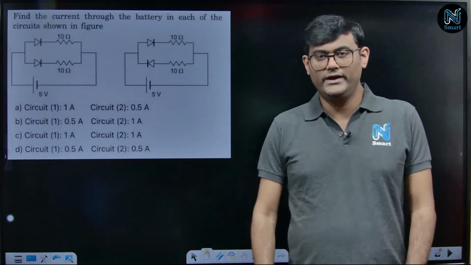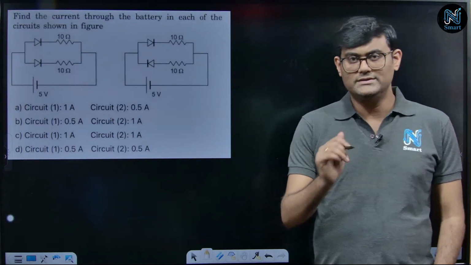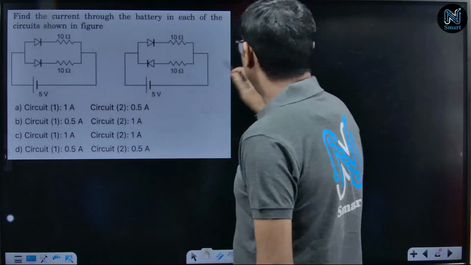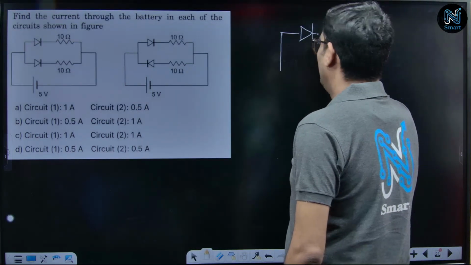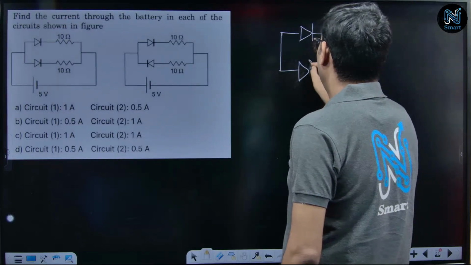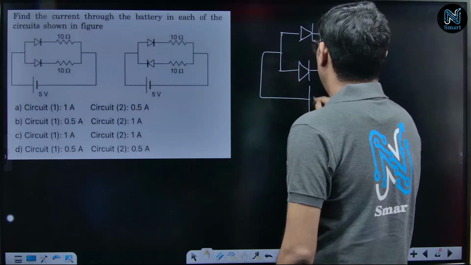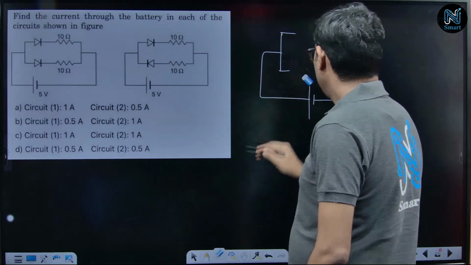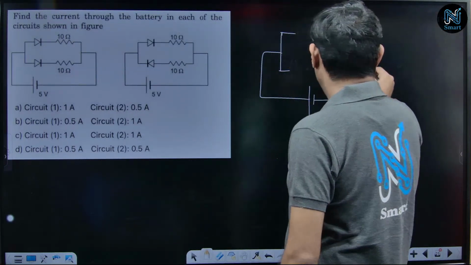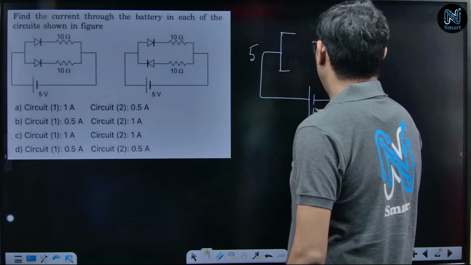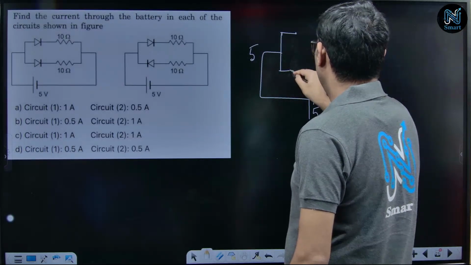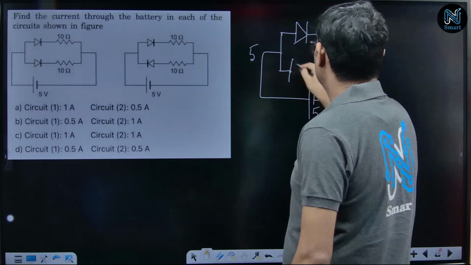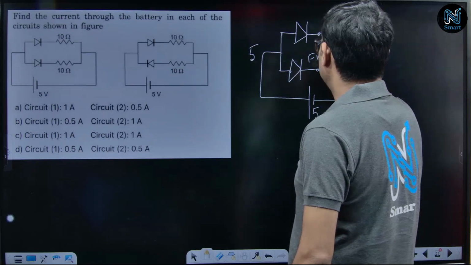আশা করি সবাই একটা ফেয়ার ট্রাই দিয়েছো এই কোয়েশ্চেনটাকে। নাও ইউ ক্যান সি মাই সলিউশন ফর দিস কোয়েশ্চেন। প্রথম সার্কিটটাকে যখন আমি ড্র করছি, যদি আমি এই ডায়োডগুলোকে ভুলে যাই, ফর দ্য টাইম বিং যদি আমি এই ডায়োড দুটোকে ভুলে যাই, তাহলে আমার এটা 0 ভোল্ট আর এটা 5 ভোল্টই থাকবে। দেখো দুটো ডায়োডেরই পজিটিভ 5 এর সঙ্গে কানেক্টেড আর নেগেটিভ 0 এর সঙ্গে কানেক্টেড, তার মানে দুটো ডায়োডই আছে ফরওয়ার্ড বায়াস মোডে।